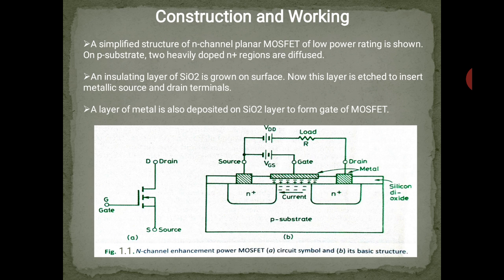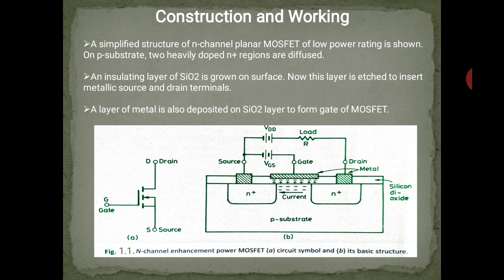When the gate is made positive with respect to the source, an electric field is established. Induced negative charges in the P substrate below the SiO2 layer are formed, thus causing the P layer below the gate to become an induced N layer. These negative charges, called electrons, form an N channel between the two N+ regions, and current can flow from drain to source as shown by the arrow in the diagram.